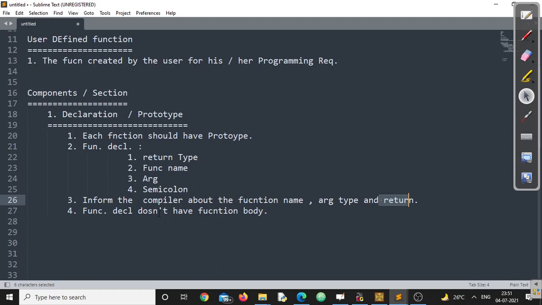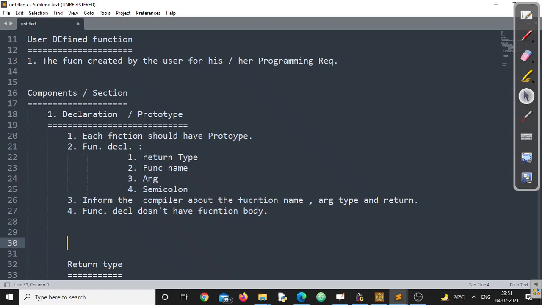Then we'll come back to all four points. Let us see what exactly the return type is and where it should be written. Don't worry, I'll definitely discuss where the function declaration should be written and where it is not required. We'll discuss that part very thoroughly.